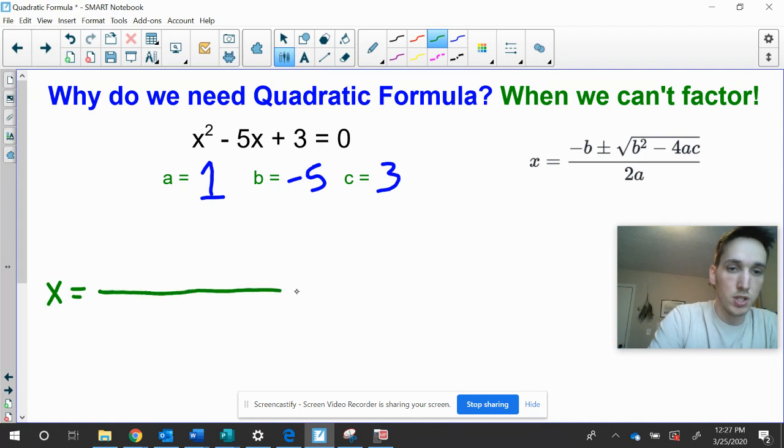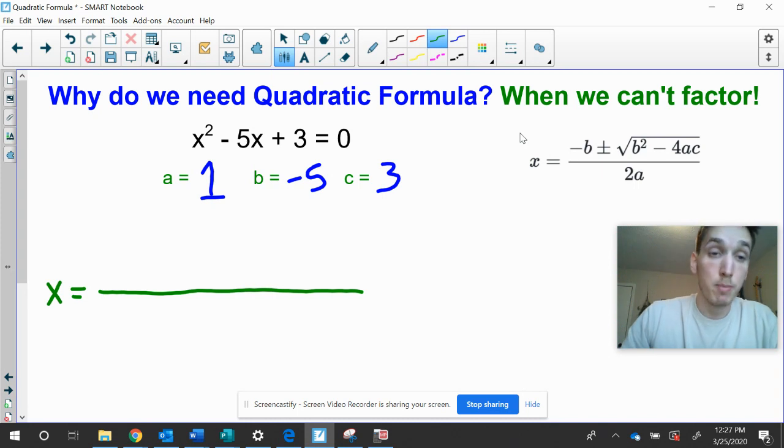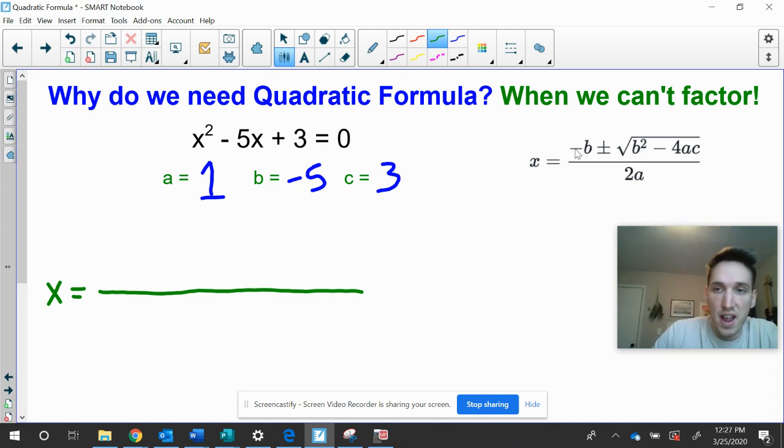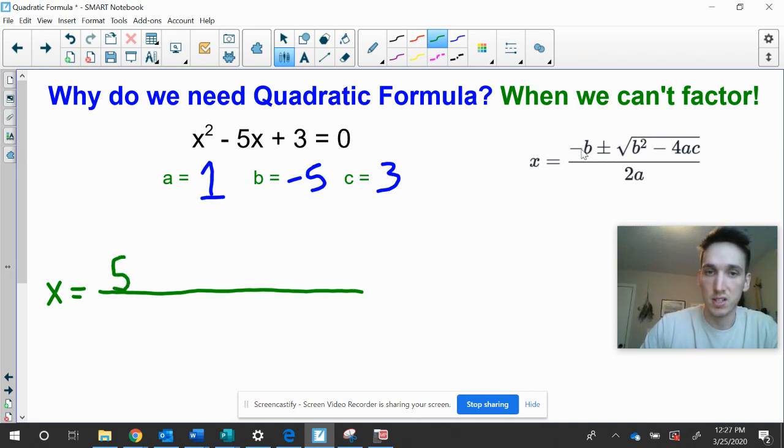X equals, draw yourself a big fraction bar, and let's fill in what we got, right? So this is the part where you gotta be careful of signs. Negative B, right? Negative B. Well, if B is already -5, -5 is what? +5, right? So you're always gonna put the opposite sign of whatever B is here. B is -5, so negative B is +5, right? Plus or minus